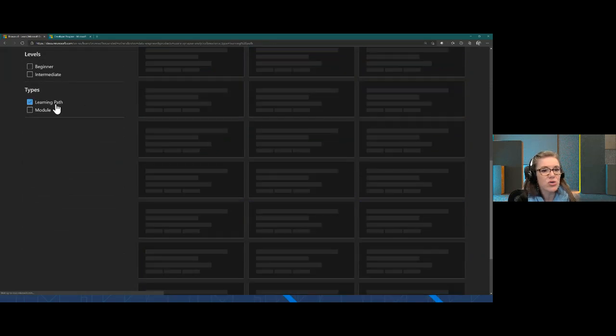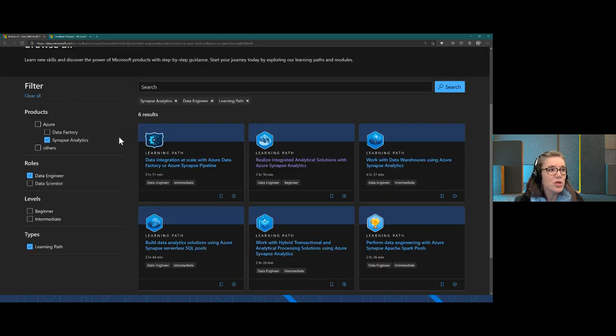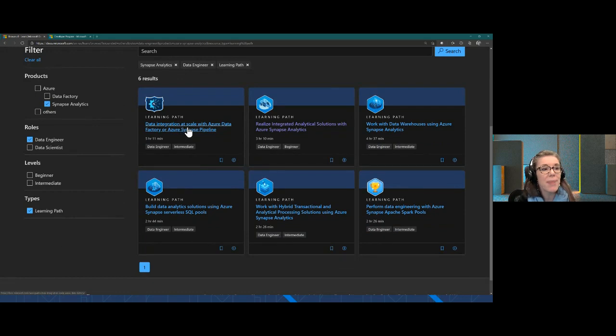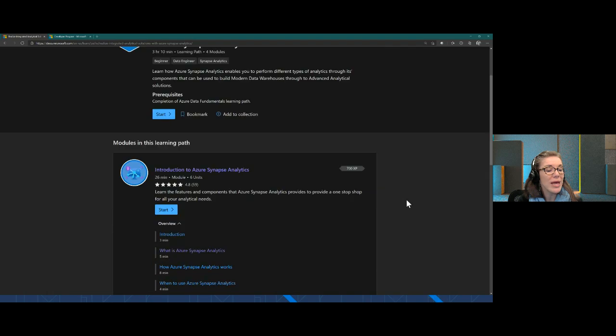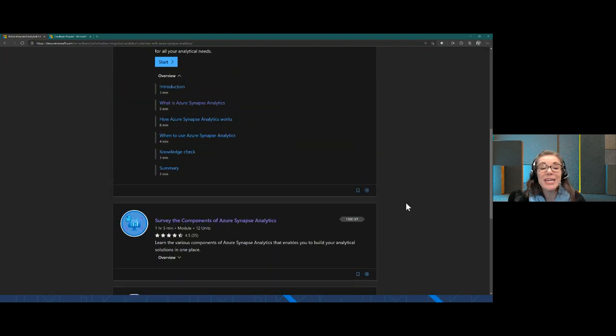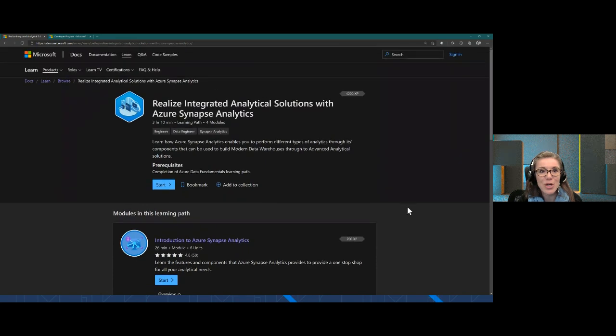And if we want to make sure that we're tackling these learning paths in a way that makes sense, you can see that each learning path has modules within it that you can go through in order to learn these things in a way that makes sense to you.